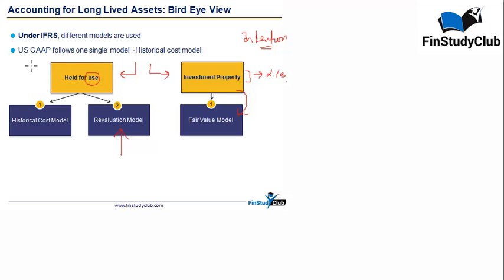In the case of plant and machinery, which are 99% of the cases, they are purchased not for the purpose of sale. Businesses don't want to make money by selling their long-lived assets. They want to make money by using them and producing inventory, because at the end of the day, that's what their operating activity is all about. So for assets which are held for use, IFRS allows two different models, absolutely a choice of the company. In the case of the historical cost model,